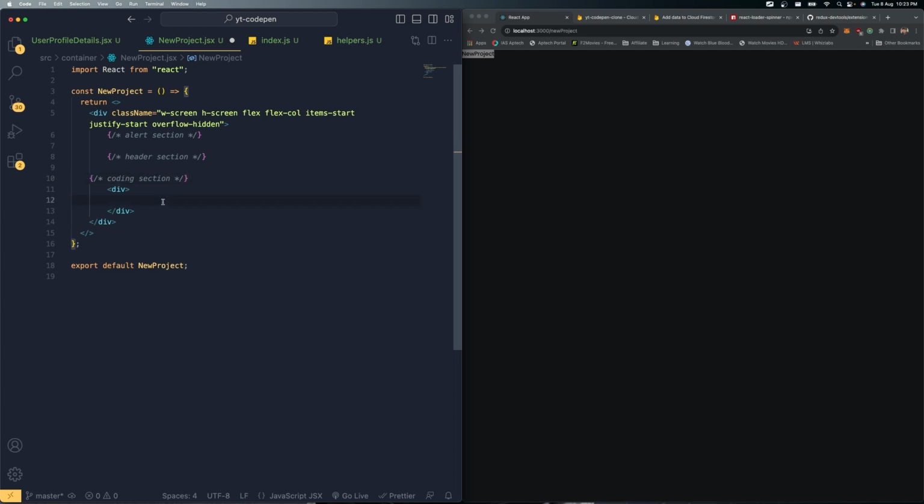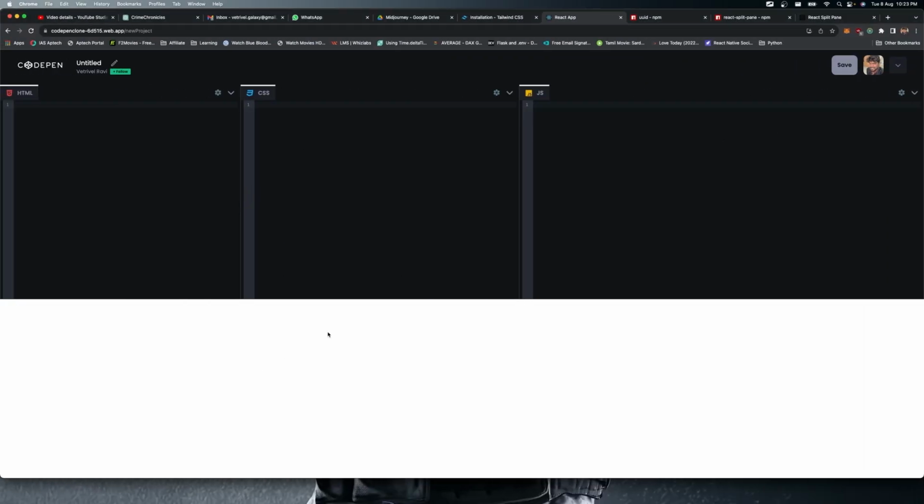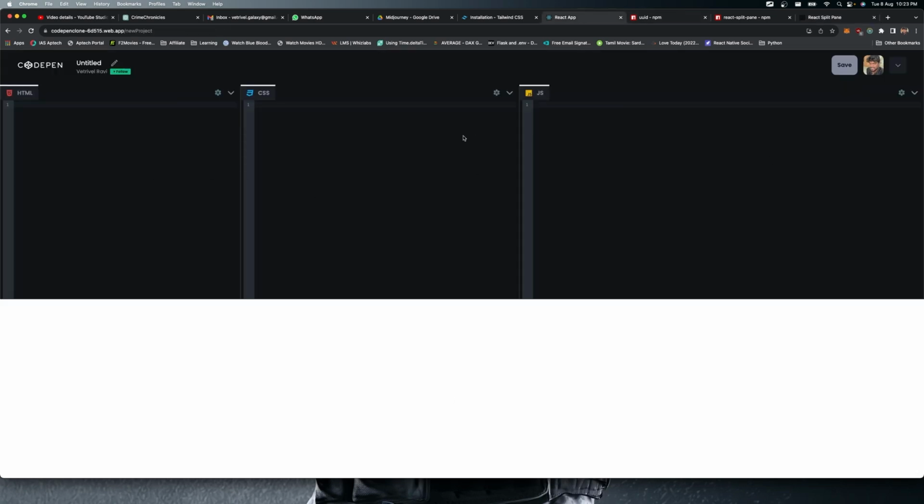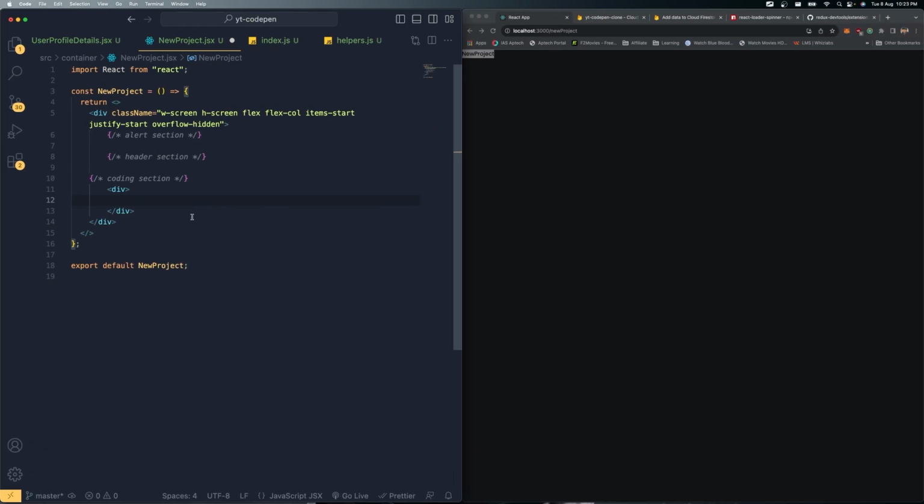All right, so here inside base, first what we need to do is bring this to split pan, the vertical and the horizontal, right? So we need to bring this to split pan. This is horizontal and vertical, so we need to bring both. This is vertical and this is horizontal. So first we need to bring the horizontal, so let's bring the horizontal,